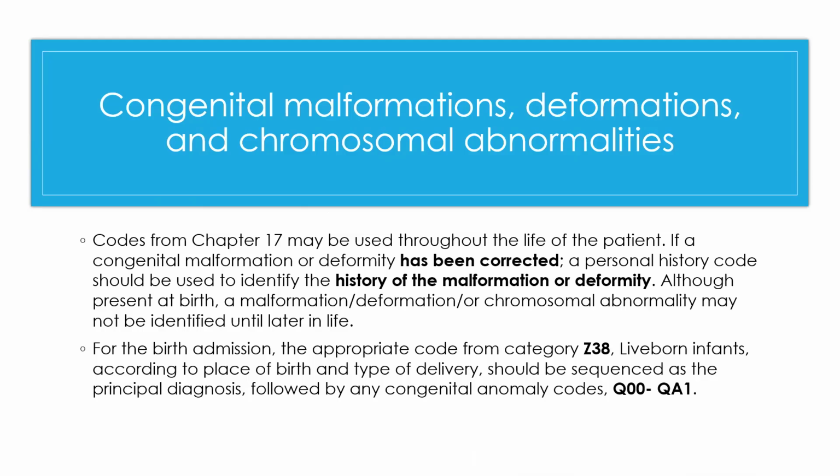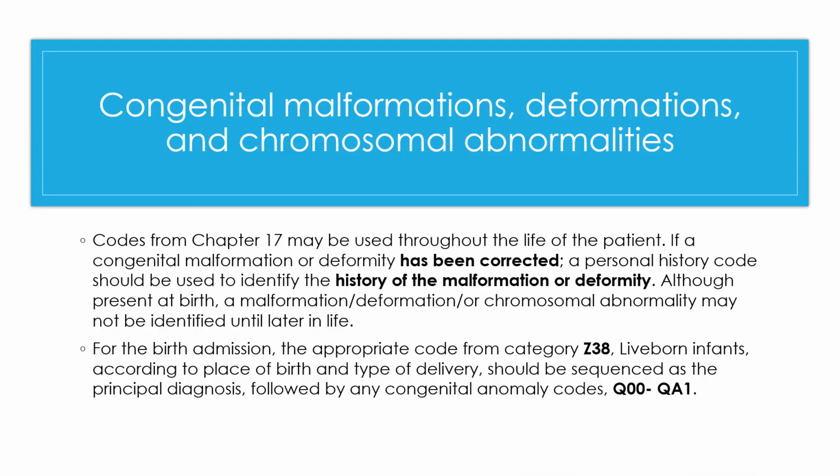Codes from Chapter 17 may be used throughout the life of the patient. If a congenital malformation or deformity has been corrected, a personal history code should be used to identify the history of the malformation or deformity. Although present at birth, a malformation, deformation, or chromosomal abnormality may not be identified till later in life. Whenever the condition is diagnosed by the provider, it is appropriate to assign the code from codes